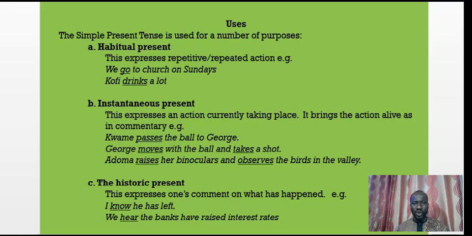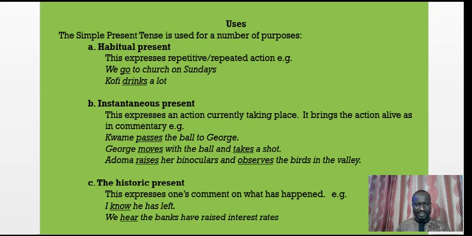One, habitual present. This expresses repetitive or repeated action. We go to church on Sundays. Kofi drinks a lot. The guy brushes his teeth every morning. So it tells us the habitual present, or something that we habitually do in our life. Then B,